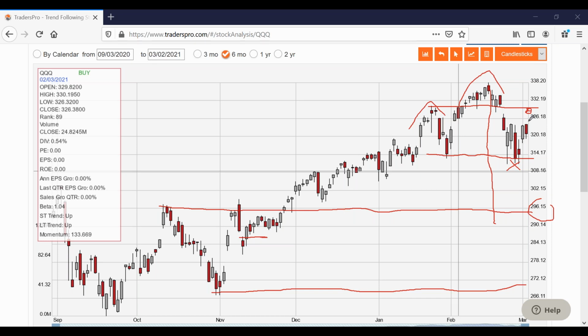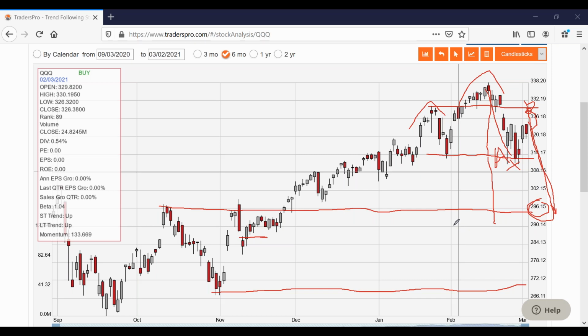If it did drop down into that area right there, also, if this was a larger ABC that's being created here in a corrective move, that would be about the spot where wave C would be about the same length as wave A. We talked about that. I think we talked about that in the training on Thursday, and I think I talked about that when I taught the ABC pattern several weeks ago too. So this 295, 296 area would be kind of the target spot for a correction to get down to.